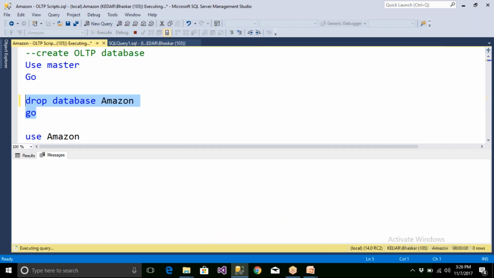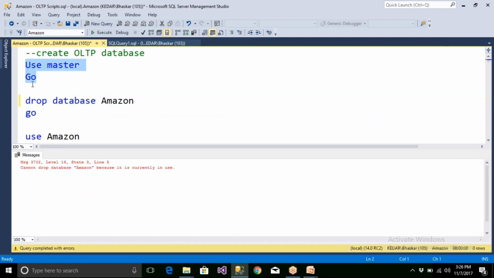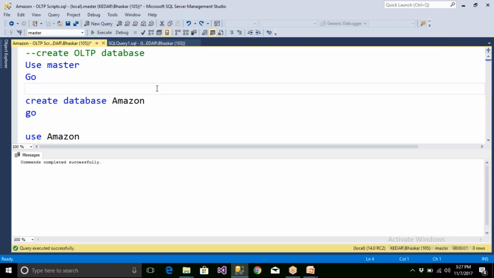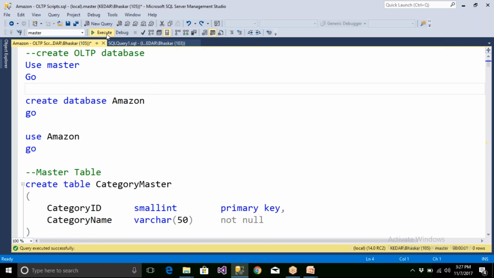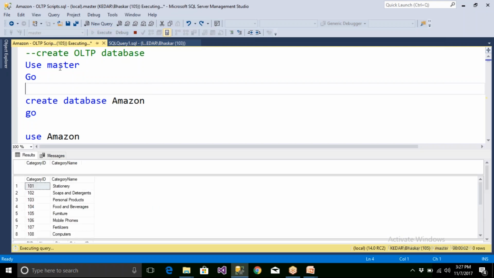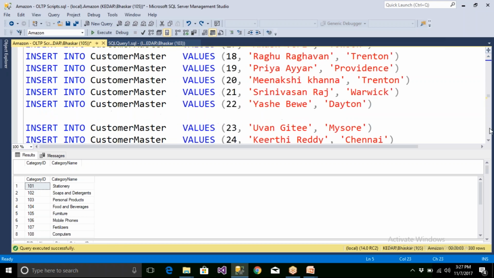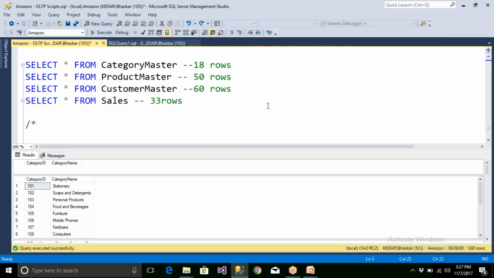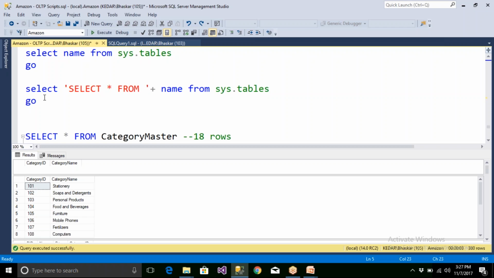So use master, and let me drop it if you have this. Now let me simply execute this. When I execute, it is going to create the Amazon database, and all the tables are created. Now, what are the tables you have? If you want to see all those tables, you can write this command: select.